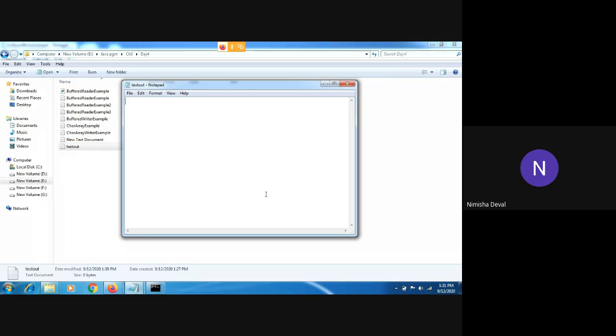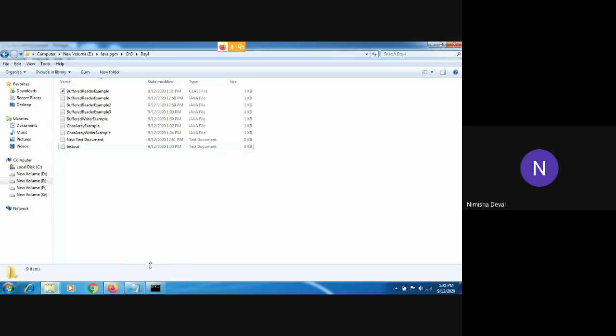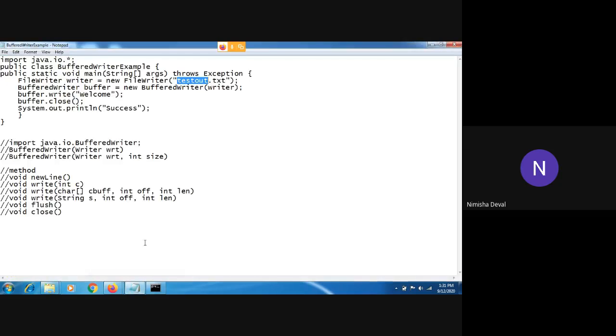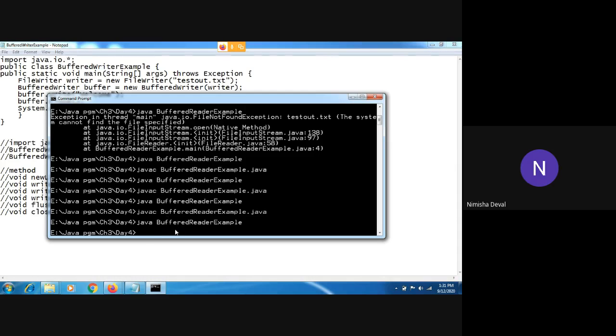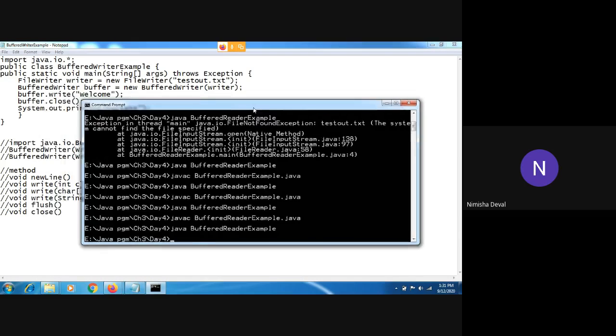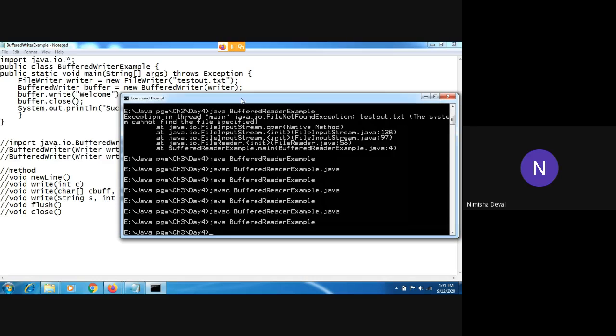But for this purpose, we will require this part only. We cannot do it other than with these methods. This is the way to write the data from your program. You can see over here that the success message is not printed, because the file does not contain this message. That's why the success message is also not printed over here.